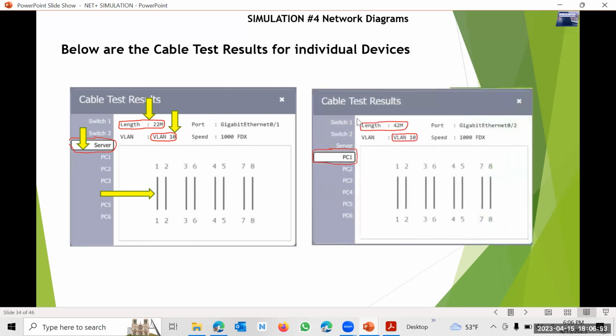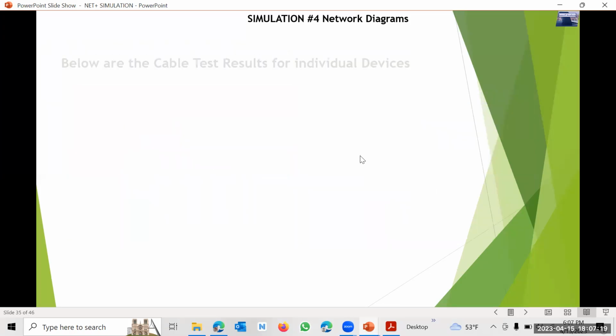Then the cable test result for PC1. The length is 42 meters, which is okay. The VLAN ID is the same, VLAN 10 for everybody. The connection between the wires is also okay, pin 1 to 1, 2 to 2, and so on. So we don't see any problem on PC1. Let's take a look at